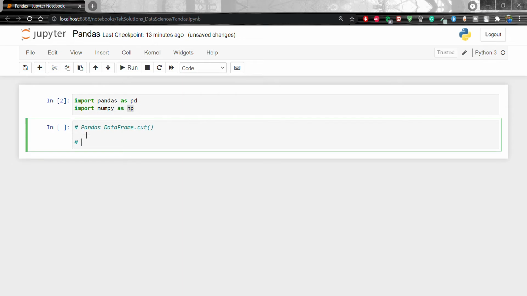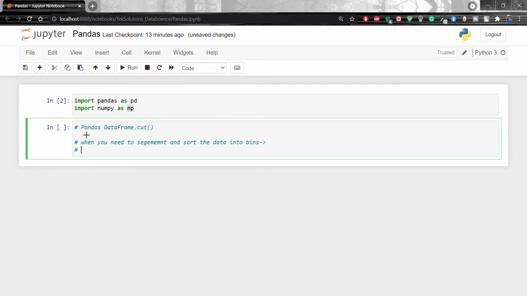So it is used when you need to segment and sort the data into bins, and the method only works for a one-dimensional array-like object.